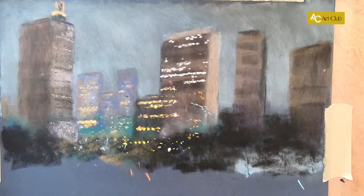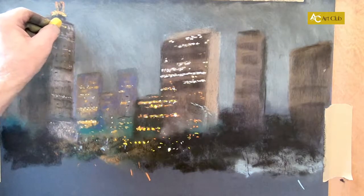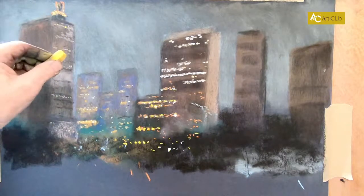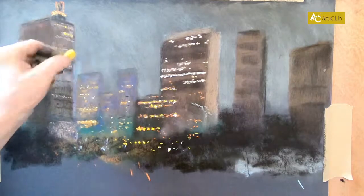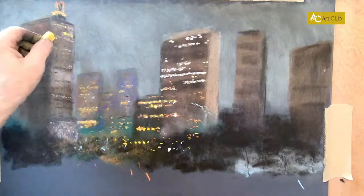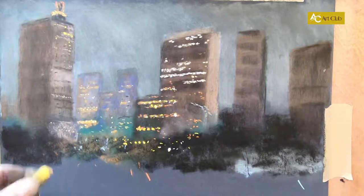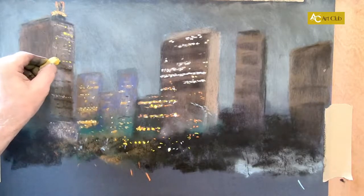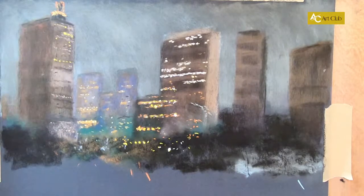I'll just clean it a bit and put some layers of windows in up there, just sort of going away down. There's some quite intense ones just there. Don't make them too big. The problem is you can have them slightly bigger for a glow, but then you need to make an intense